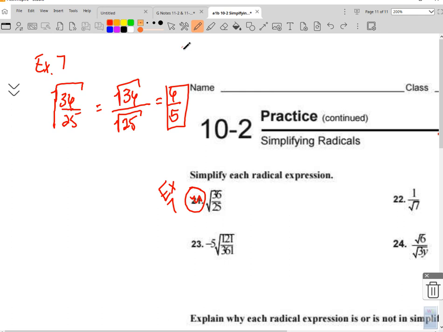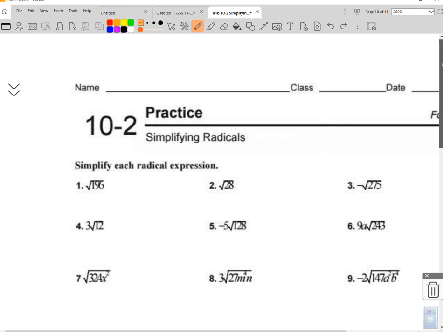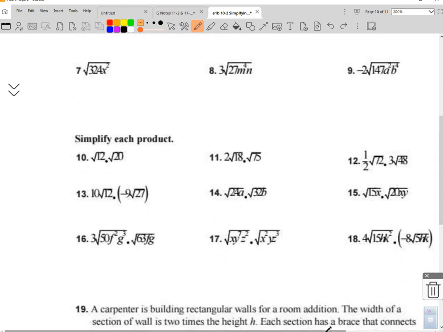Alright, 2 through 28 even, so let's look at some. Well, we're going to do one like 12. We're not going to do your 12. You only have 14 problems. So 12 on yours looks like